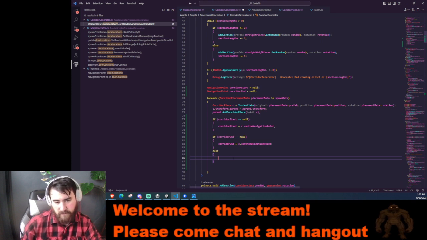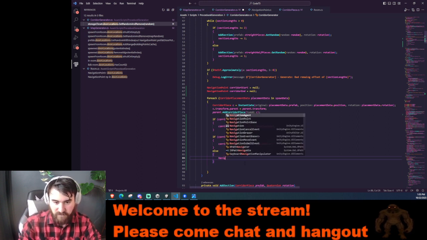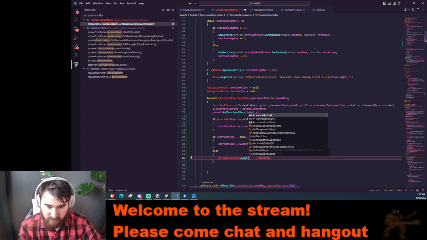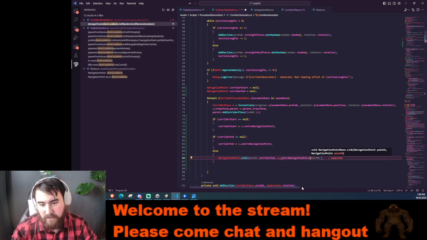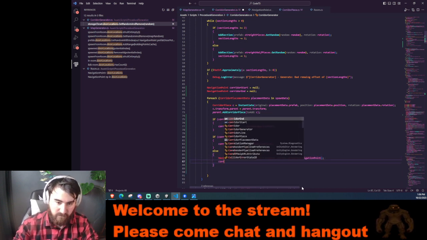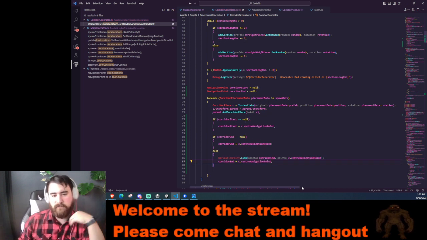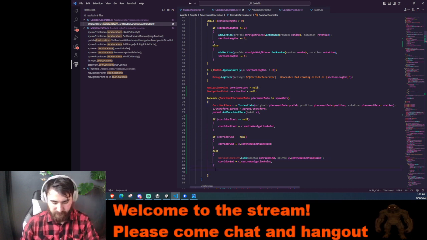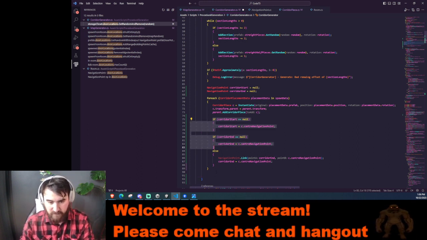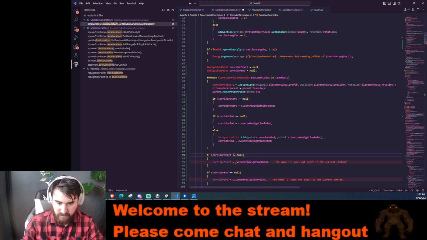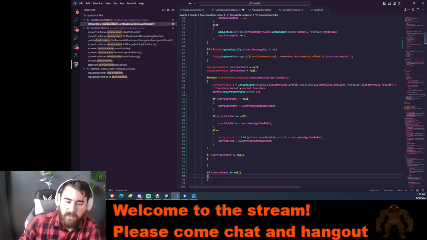handling there. So if it does not equal null, which is this case that we have here, I want to take my navigation point dot link, and I want to link current corridor end with my c dot center navigation point, and then I want to set corridor end to be equal to c dot center navigation point. And so this will just continue on, but it'll link it. And then at the end, just have something kind of like this, but I'm going to flip them. So if this does not equal null and this does not equal null, I'm not going to be doing this anymore, but I'm going to do something else. And that thing is